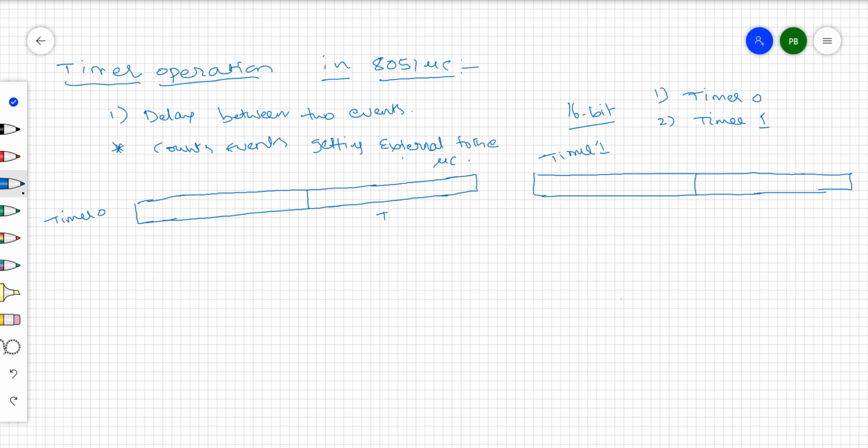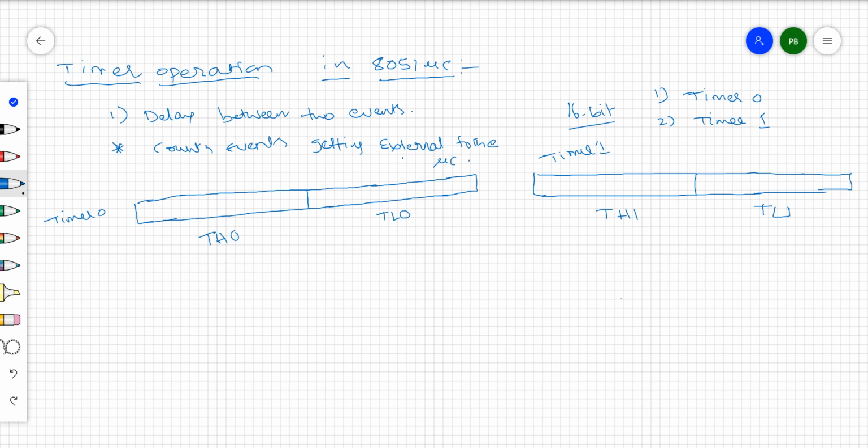This is the timer lower byte, TL0, timer 0 lower byte. This is the timer 0 higher byte, TH0. In the similar way, this is the timer 1 lower byte, TL1, and this is the timer 1 higher byte, TH1.